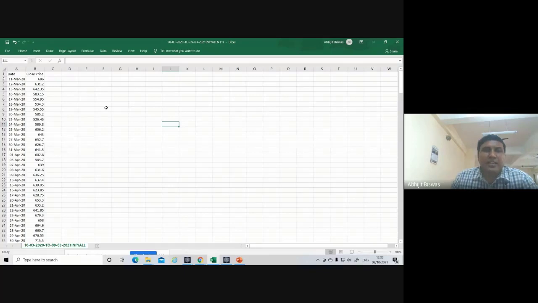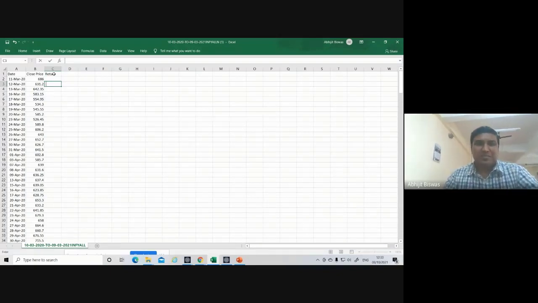Okay. The next thing that you need to do is calculate return. How to calculate return? Can someone tell me? I want to calculate daily return. How do I calculate daily return in this case? See, on 11th March the price was 686.